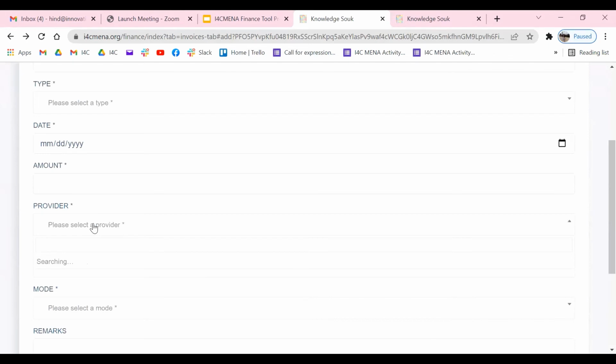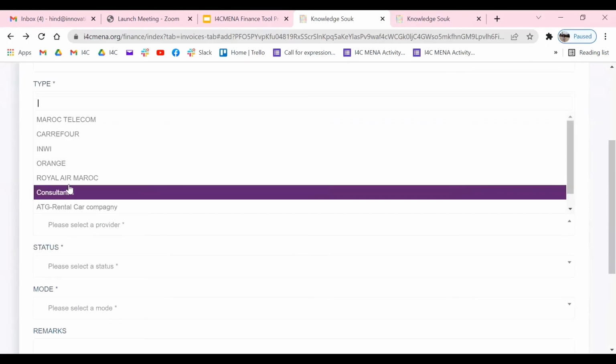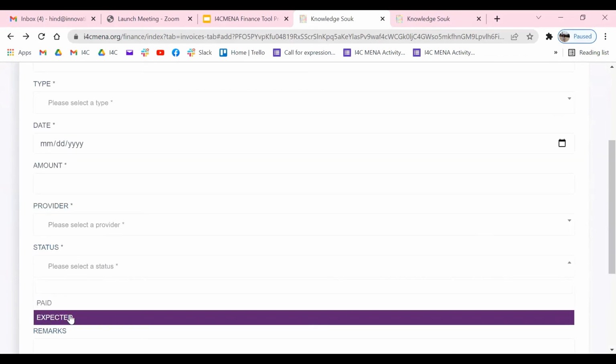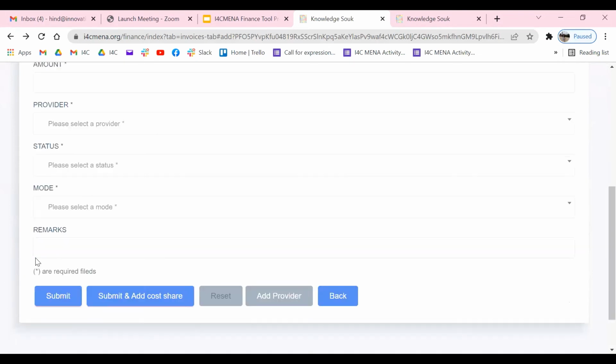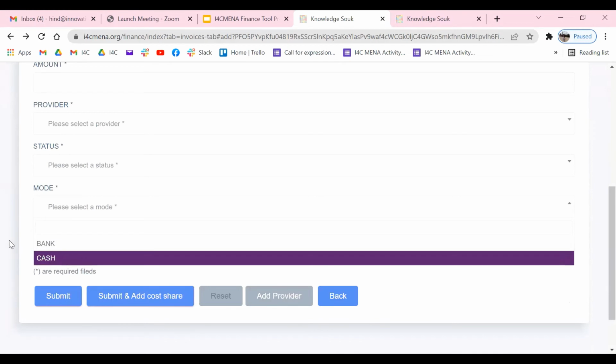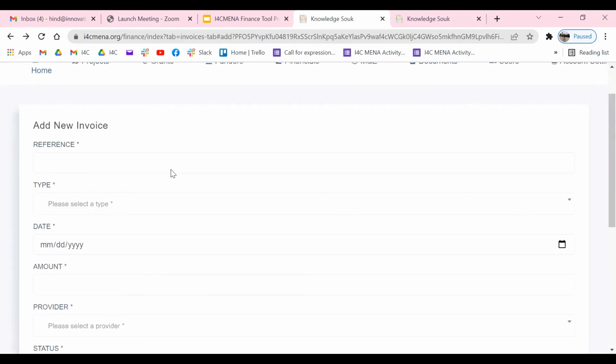We select the provider from the list, so we have to choose the one that we just included in the tool. Also the status of this invoice. Mode, if it's going to be paid by cash or by bank. And here there is a specific area to add comments or specific remarks regarding this invoice.